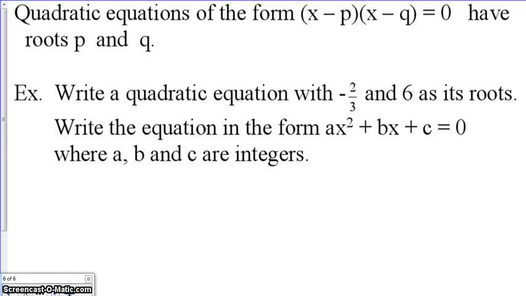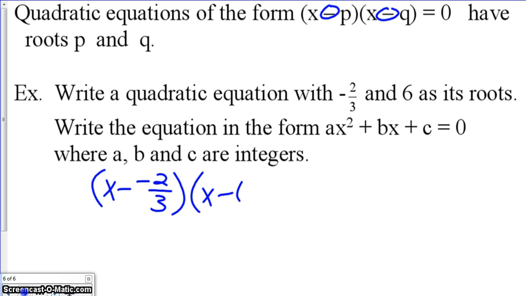Write a quadratic equation with -2/3 and 6 as its roots. So now I've given you the roots, I want you to go back and write the quadratic equation. Write the equation in the form of ax squared plus bx plus c equals 0, where a, b, and c are integers. So if I've given you these roots, we have to plug them back into our parentheses. So remember, inside our parentheses, there's always a minus. So if it's x minus -2/3 and x minus 6,